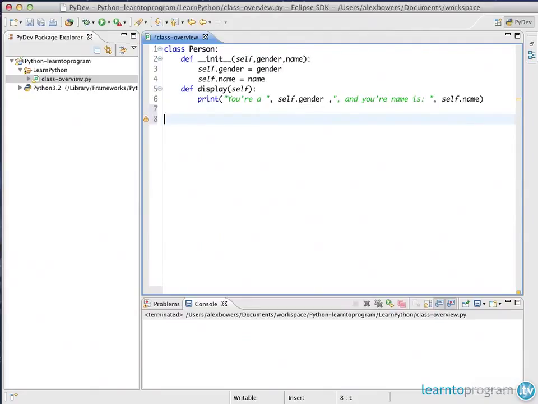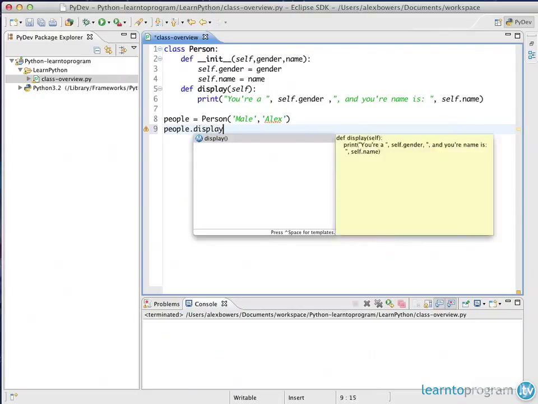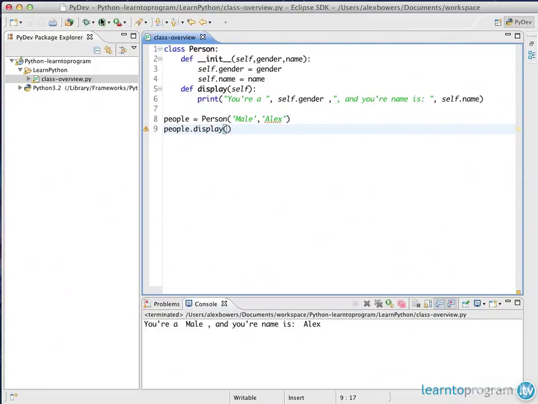The next thing we need to do is initialize it. So the way we do this is we create a variable. I'll call this one people, and then is equal to, and then I'll do person. And within these brackets we need to now pass in gender and name. So gender, I'm going to put male, and name is Alex. And now if we actually run this, so if we do people.display and click run, then you'll see you get you're a male and your name is Alex, which is passed, these two